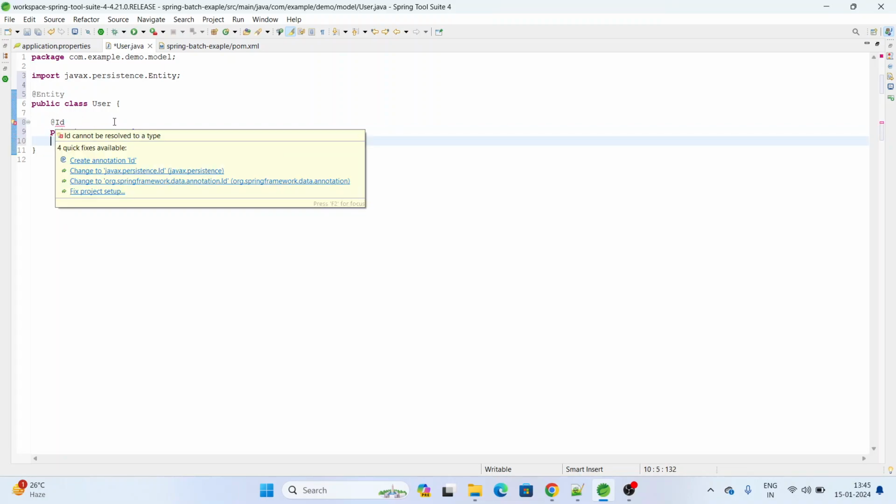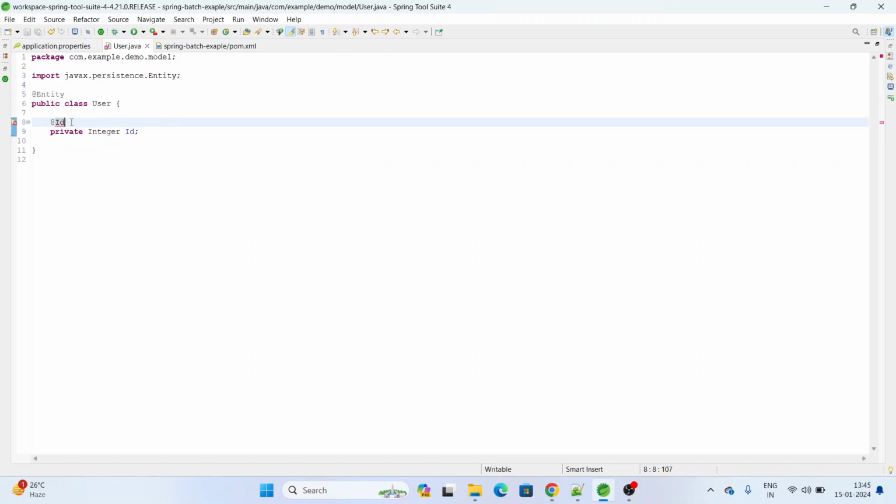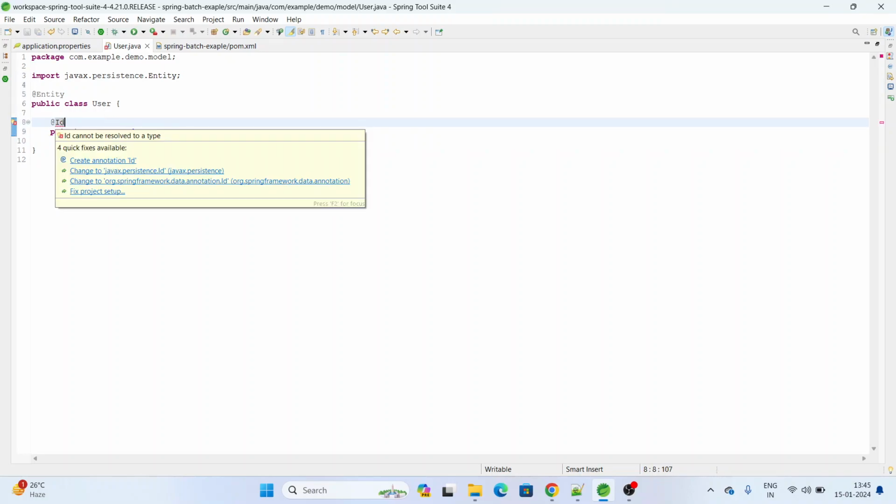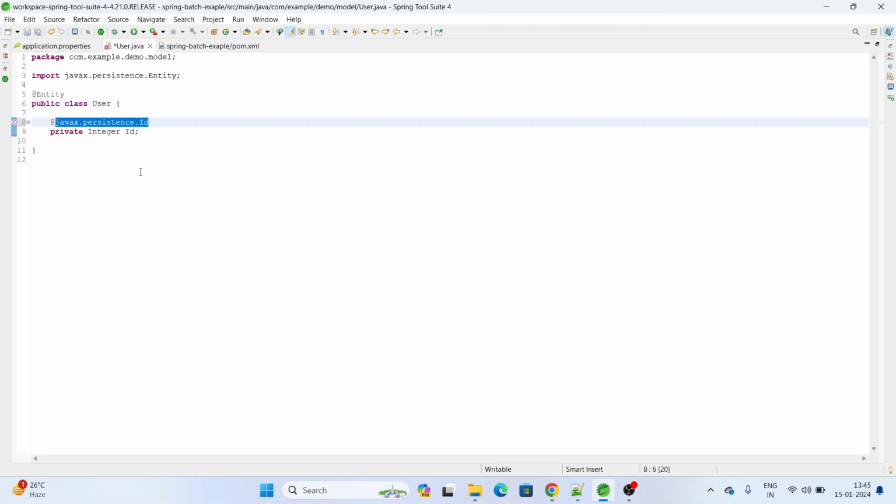Let's add an annotation. I'm going to add a string name